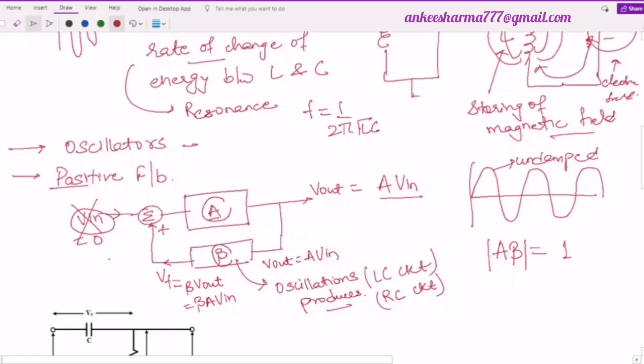We have added this amplifier, and this circuit is in the positive feedback, means whatever the output that we will achieve at the output of an amplifier, that will be multiplied with the feedback circuitry beta and will be added to the input. And when we remove this input, V in को अगर हम zero करते हैं, so what will happen, whatever the output that we have achieved, that will circulate around it, but I don't want this to be reduced to 0 in my closed path. इसमें घूम रही है अंदर, but I don't want it to be reduced to 0. So in that case I want the product of this A and beta to be equal to 1.